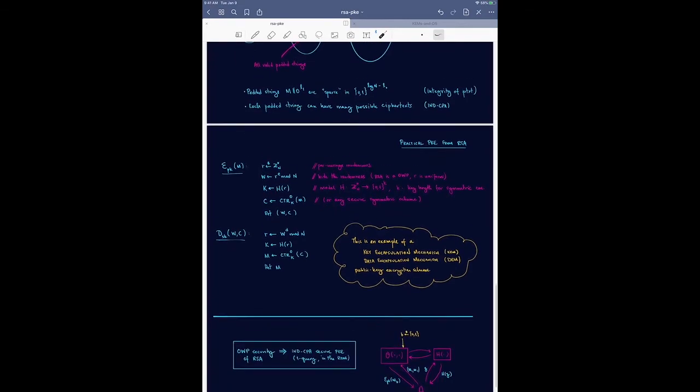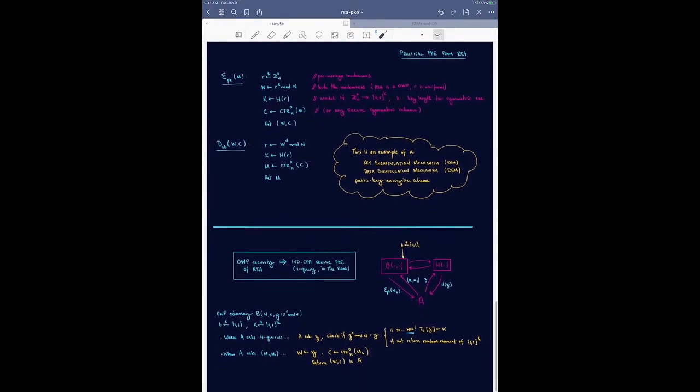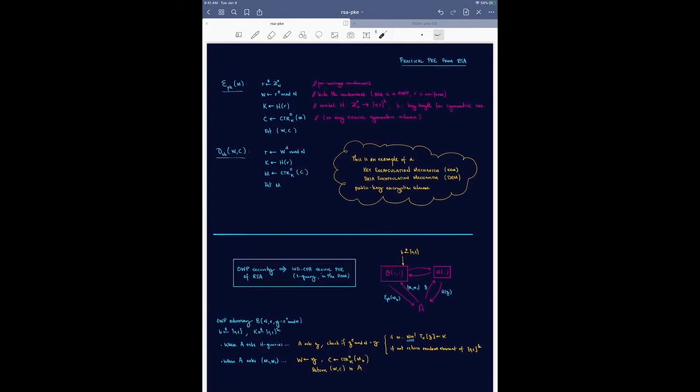But I wanted to look at, why should this thing work? Why should this thing work? Well, intuitively, it's going to work because let's say that you see a ciphertext produced. And this is going to be the encryption of either the left message or the right message if you're playing the IND CPA game. Well, so you get W and C. And the intuition for why this works is